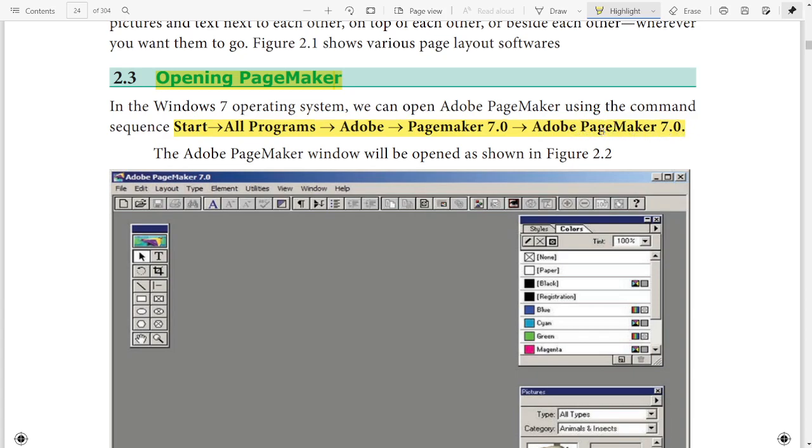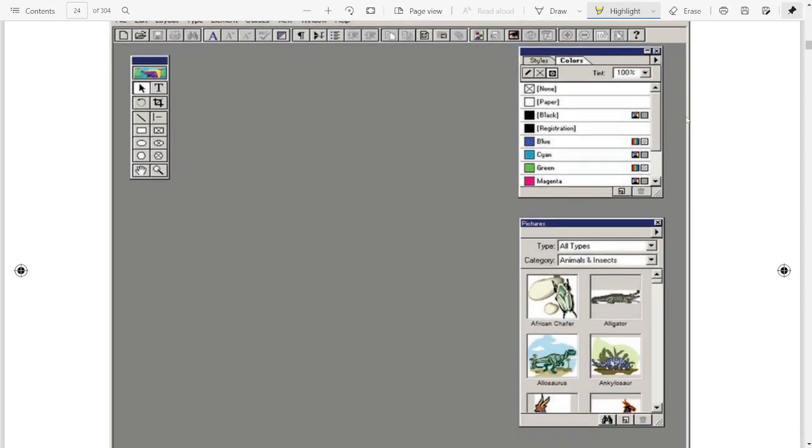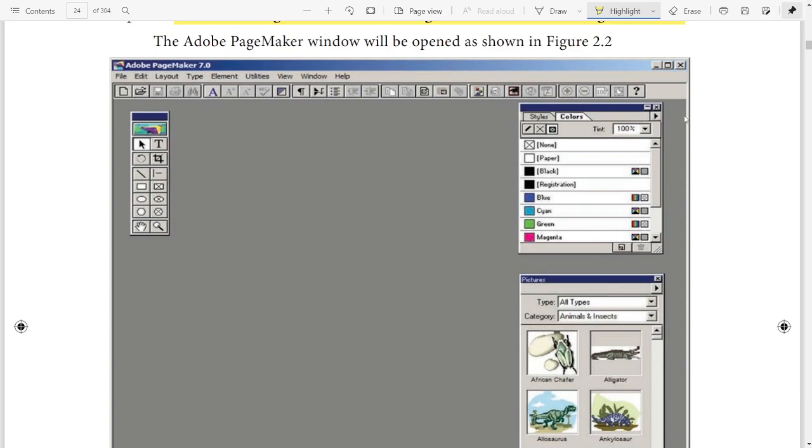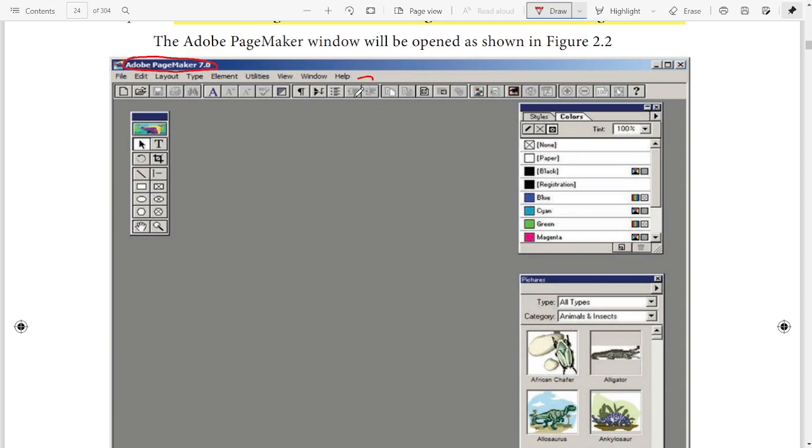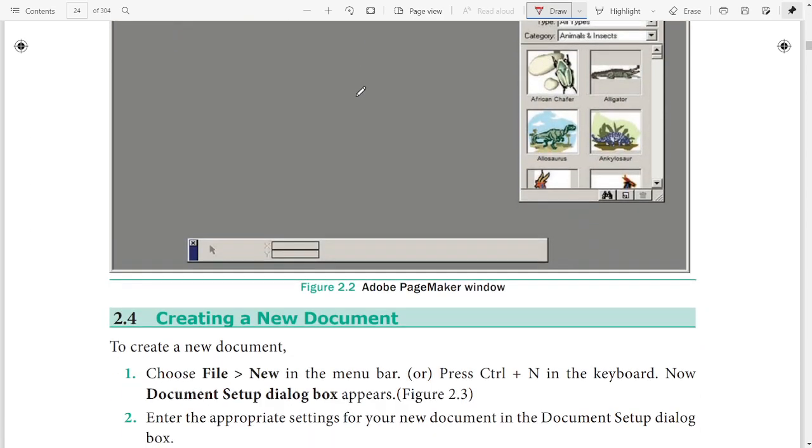When you click Adobe PageMaker 7.0, this window will appear. Look here: the name of the software, Adobe PageMaker, and its version are given. These are the operations that can be performed. We will see the functionalities of each layout.